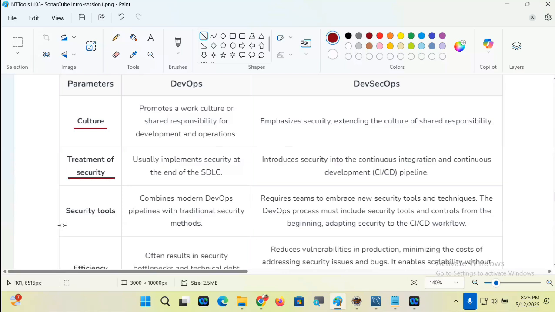Next one, security tools, boss. Combines modern DevOps pipelines with traditional security methods. Okay, regular tools will be used. Requires teams to embrace new security tools and techniques. The DevOps process must include security tools and controls from the beginning, adapting security to the CI/CD workflow.